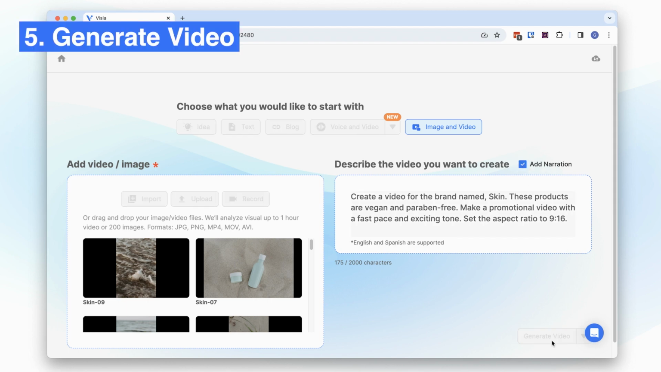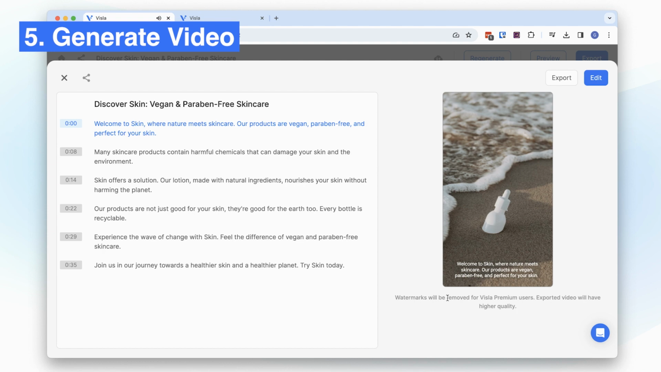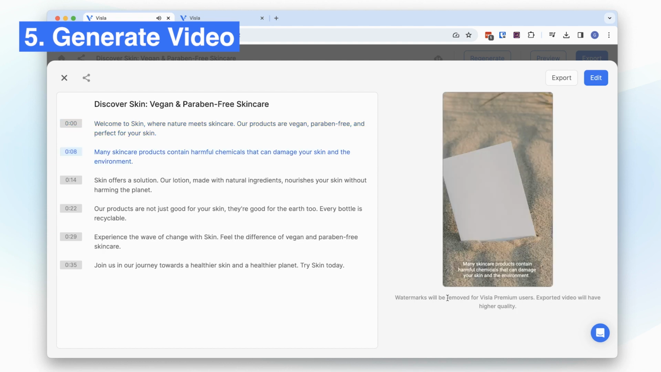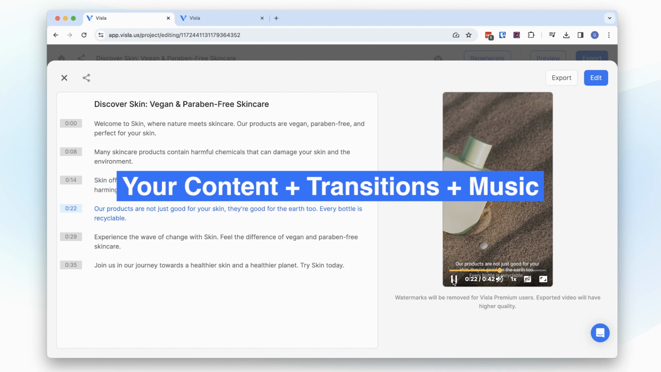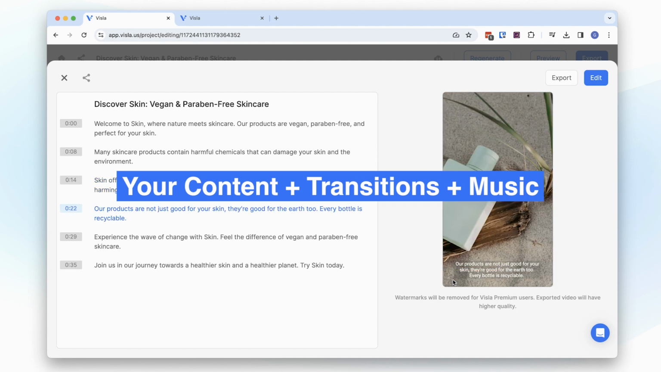Then click Generate. Visla will create a video using your content and add relevant transitions to make your video